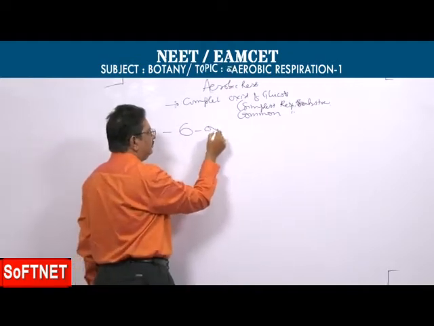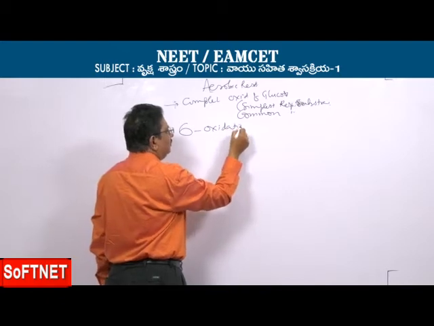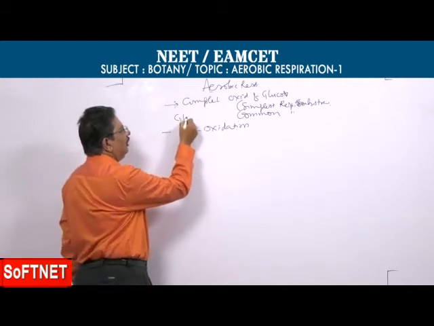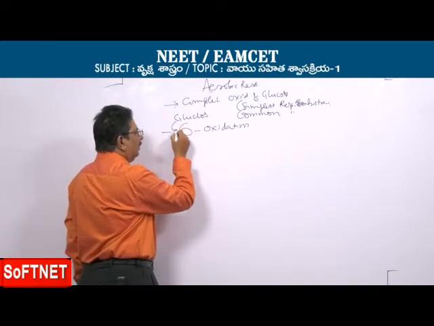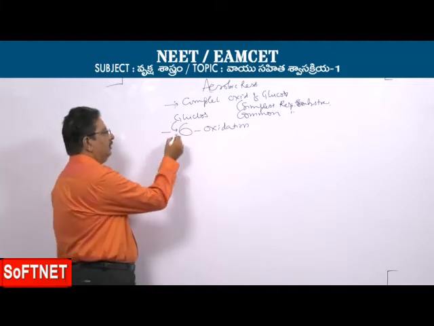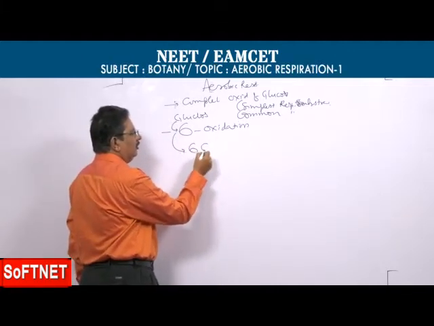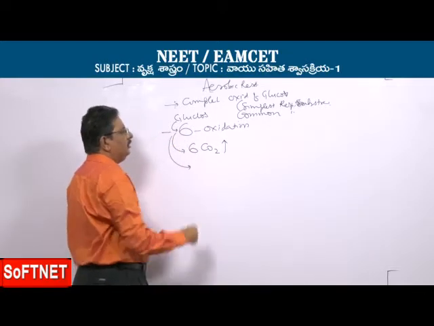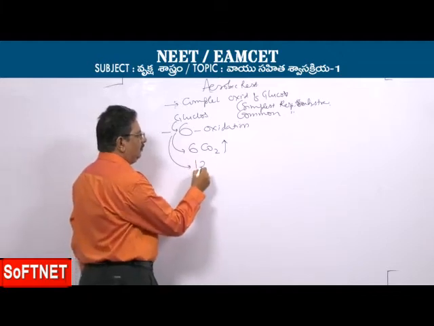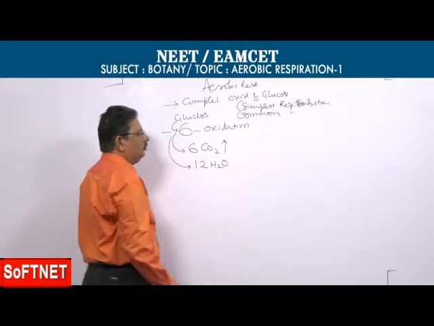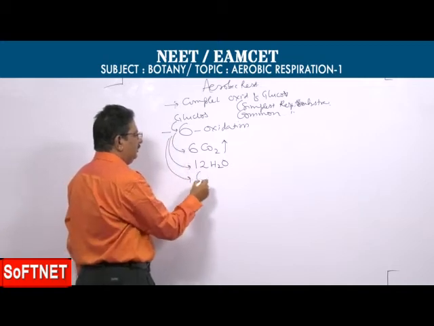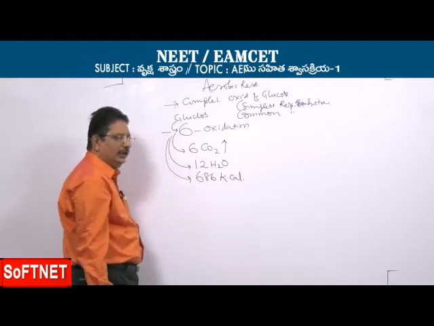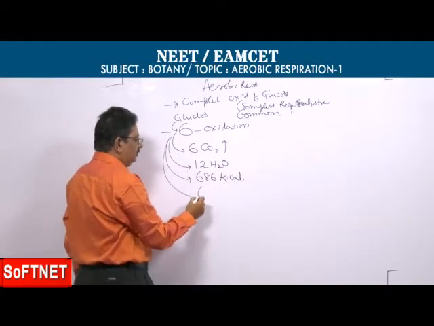So, there are 6 oxidations during aerobic respiration. That means one molecule of glucose undergoes 6 oxidations, and there is a liberation of 6 CO2 molecules, and during this respiration there is a formation of 12 H2O molecules and release of 686 kilocalories of energy, where 6